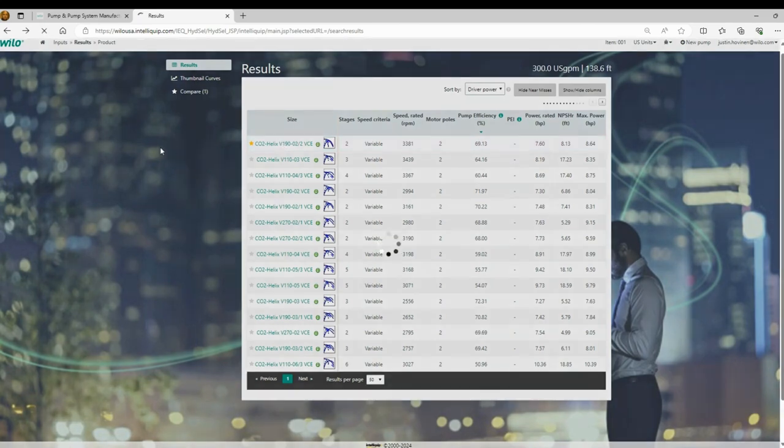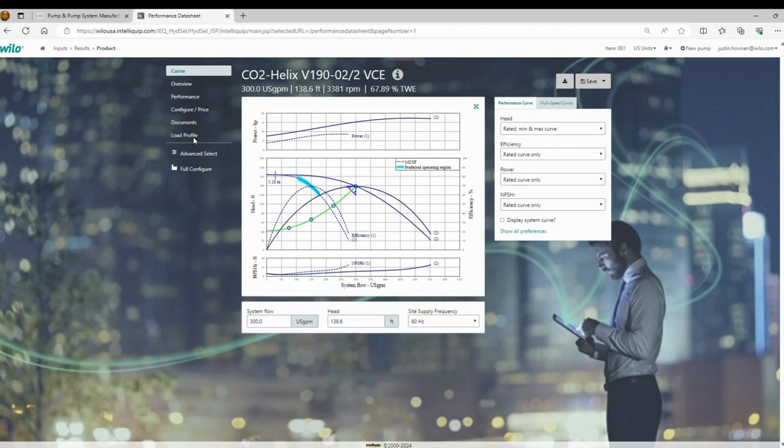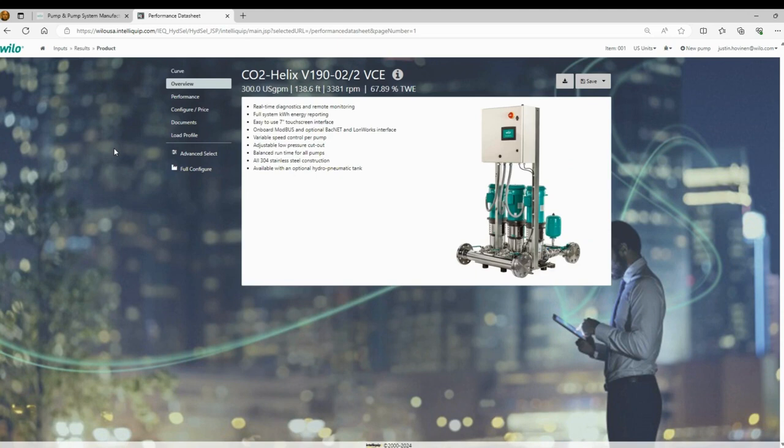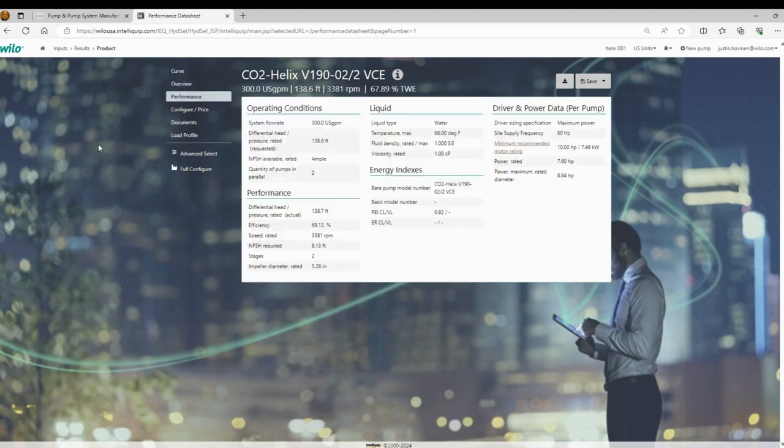So we'll left click here, and it's going to take us into the main selection screen. Over here on the left, we have our curve, which is the screen it starts us. It shows single pump and 2-pump operation. We have an overview, which is just going to give basic features for the booster. We have performance, so that's going to give you rated horsepower. It's going to give you RPM that we're running at, pump efficiency, number of stages of the pumps, that kind